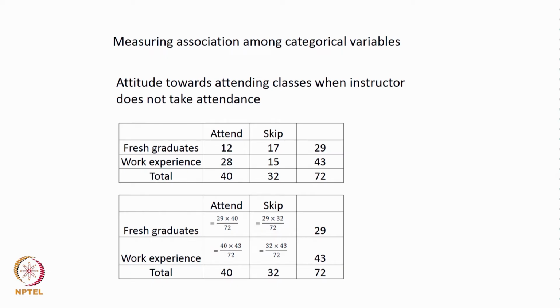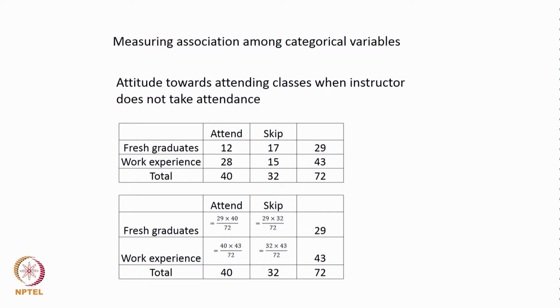So, one categorical variable is fresh graduates and students with work experience, which is shown here, and the other variable is they attend classes and they skip classes. So, let us assume we have data for 72 classes where we have this. So, we realize that the fresh graduates attend 12 numbers, fresh graduates who skip 17 numbers, work experience people who attend 28 numbers, and work experience who skip is 43 numbers, making up for 72 number of students in the